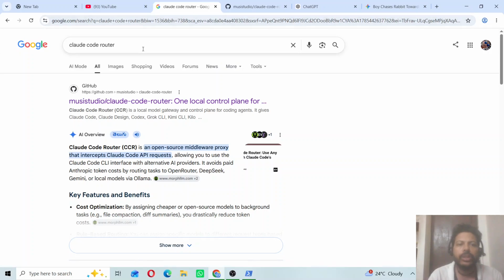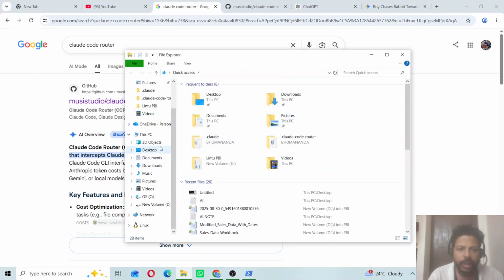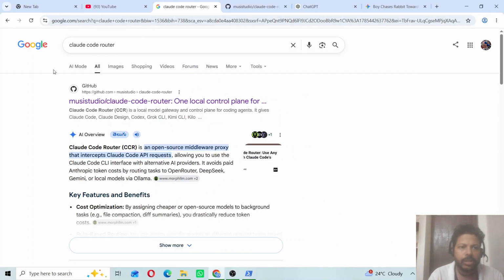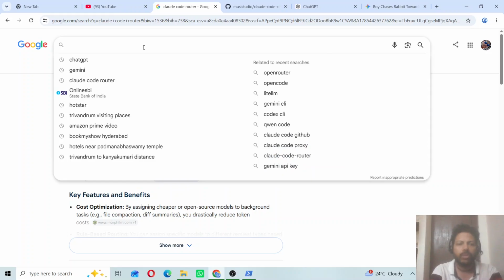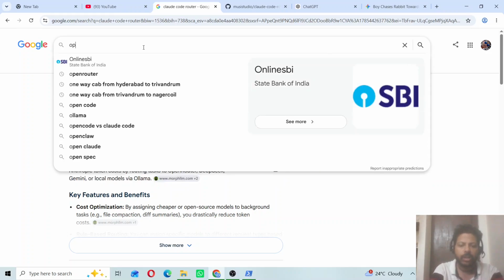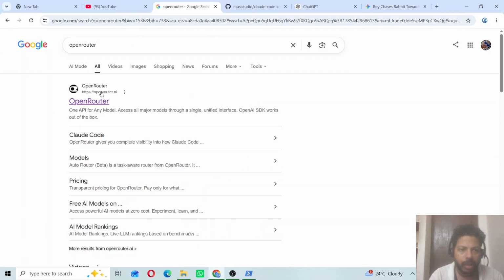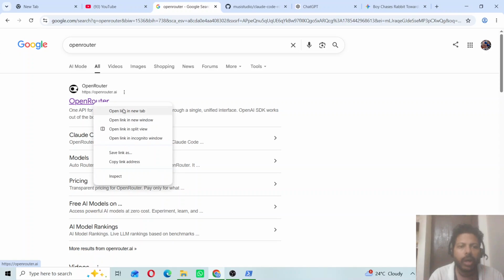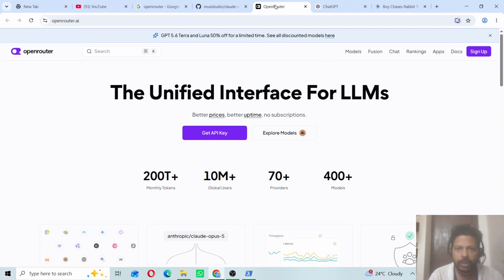There are various solutions available. We can go to these settings, which I earlier used, and I can use this OpenRouter. I tried to use OpenRouter to connect my Claude Code. So even though I used OpenRouter, it also asks for some kind of points. Okay,